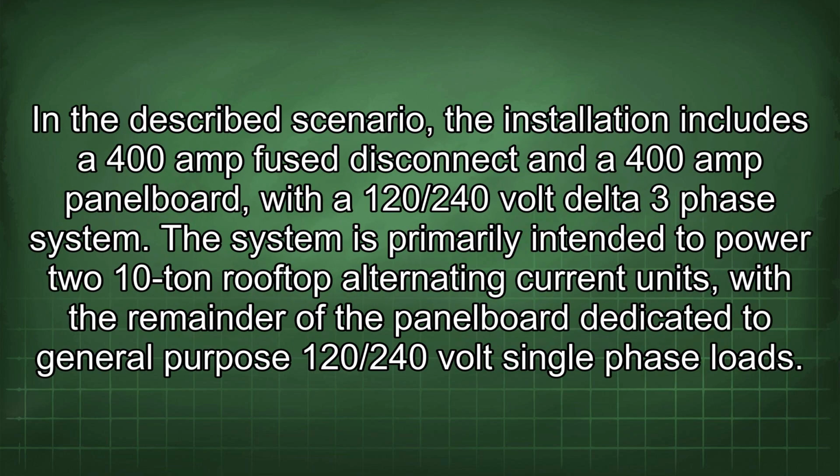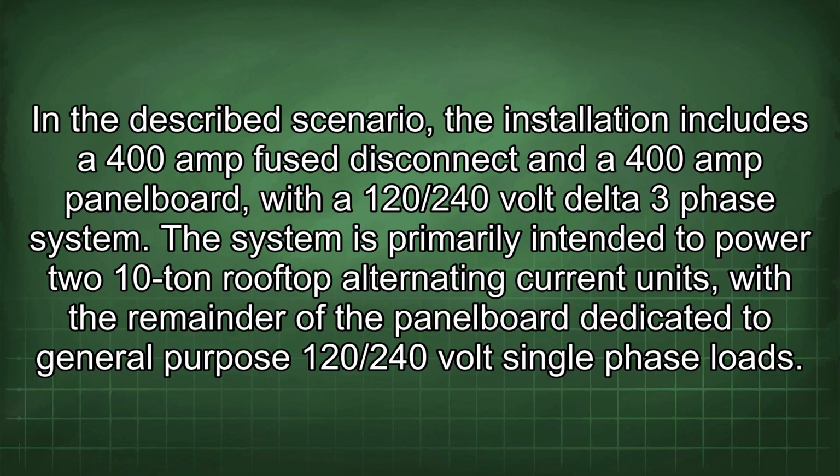In the described scenario, the installation includes a 400 amp fused disconnect and a 400 amp panel board with a 120/240 volt delta 3-phase system. The system is primarily intended to power 2 10-ton rooftop air conditioning units, with the remainder of the panel board dedicated to general-purpose